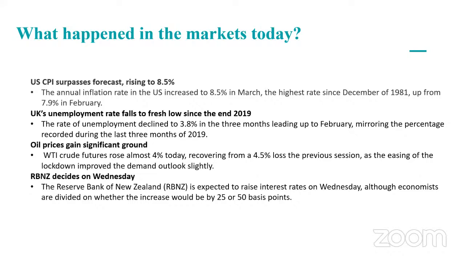So this kind of inflation rate increase in the US is kind of in line with what market expectations were looking for. So even though it came a little bit higher above the 8.4%, the consumer prices increased by 1.2% on a monthly basis, the largest increase since September 2005, which is mainly in line with the projections.